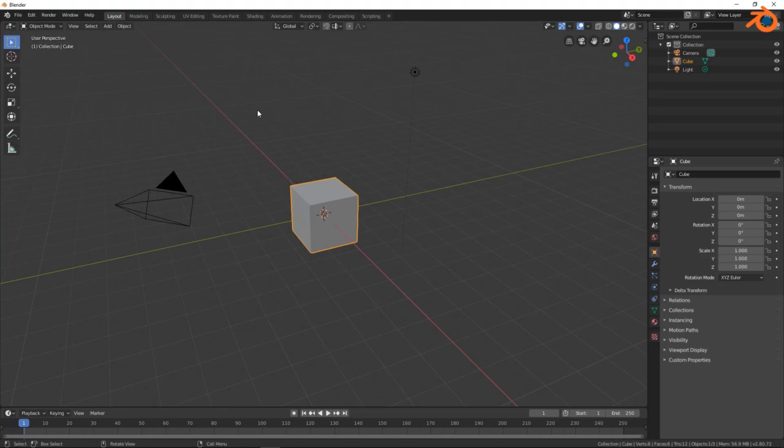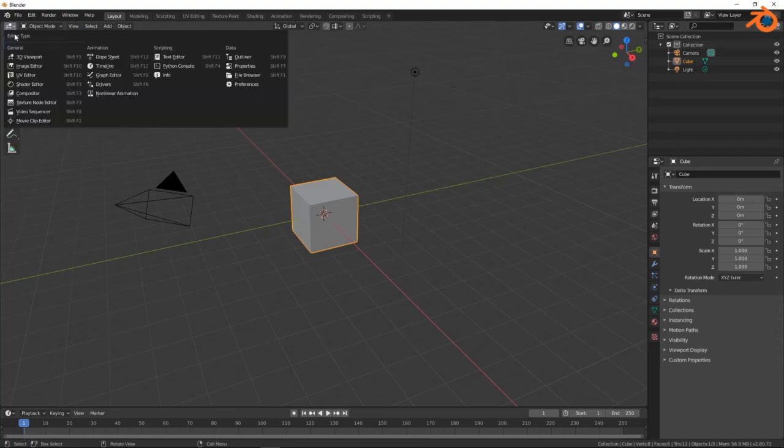Into the next video, I think I did forget nothing, everything is here. Yeah, just the last thing here. You can see that the editor types here, there are a lot that we didn't see yet, and some are related to the general use, some for the animation use, for the scripting, for the data. A lot of things here